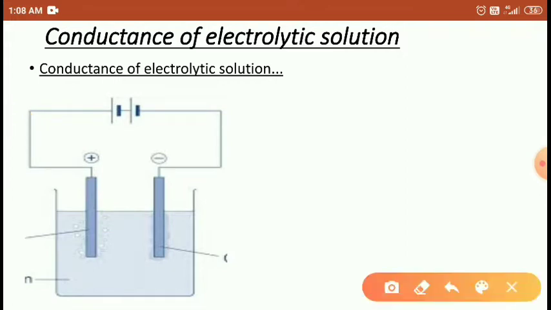Right students. So the conductance of the cell is denoted by G. When the distance decreases, the conductance increases. Okay, one more thing students,